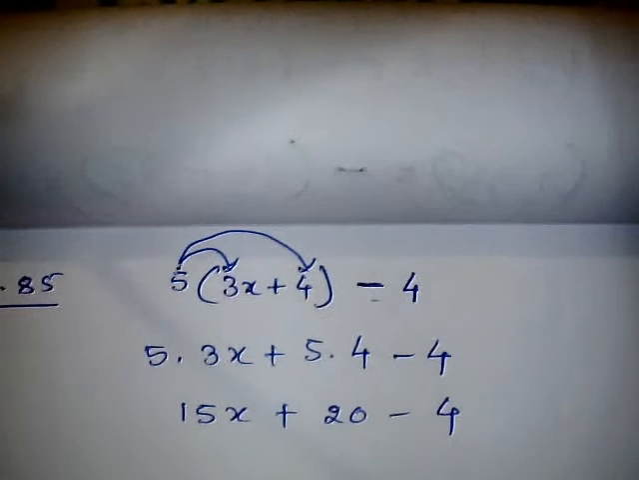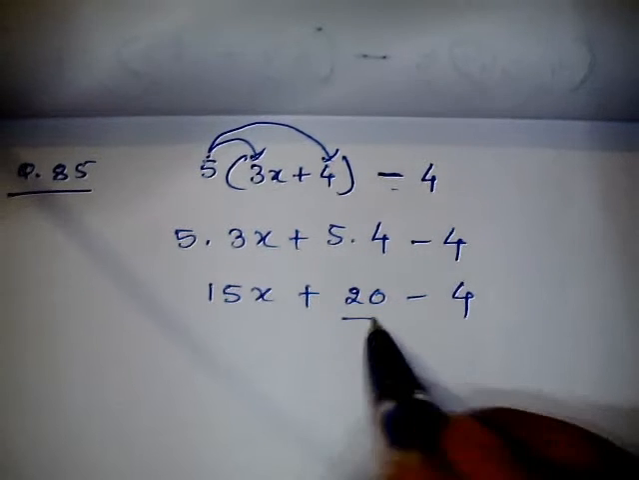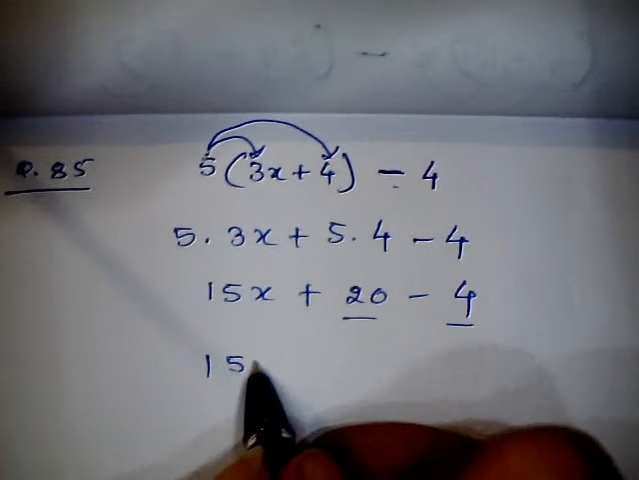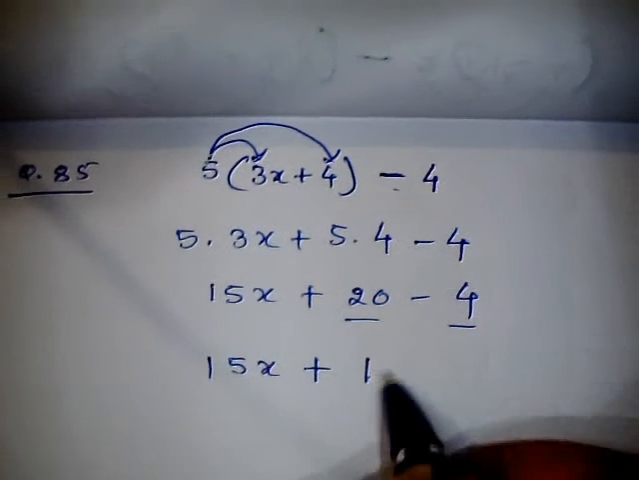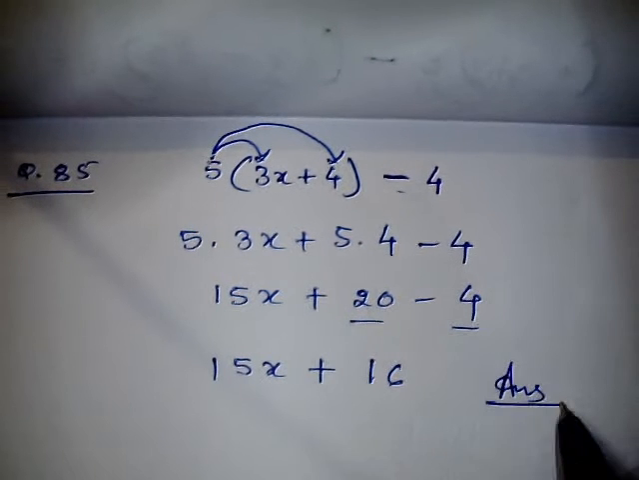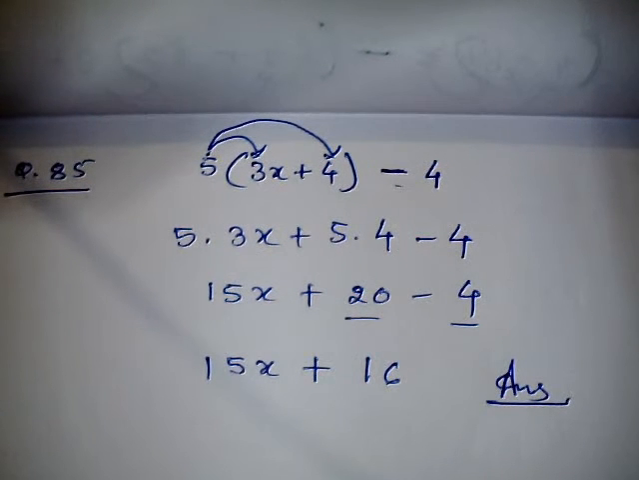Now here the like terms are 20 minus 4, so that is going to be simplified. 15x, and 20 minus 4 is going to be 16. This is your textbook question, and question number 85 I have taken. Now I am going to take some more questions so you can understand better. And now the question is question number